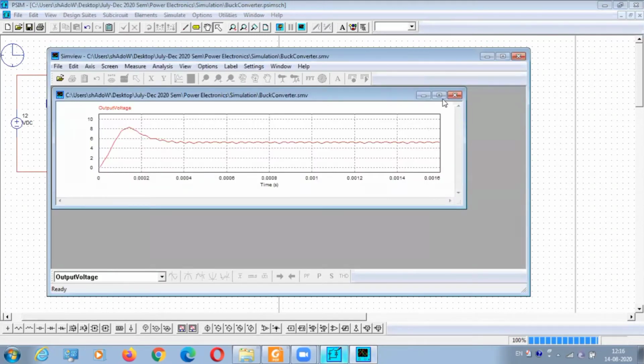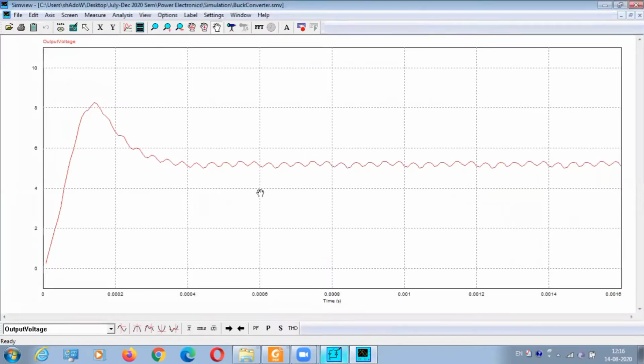So this is the output voltage. Don't go after the wave shape we have studied, because this is all practical cases. Those are all ideal cases which we are studying. That's why I have shown all straight lines. This will be fluctuating in nature.